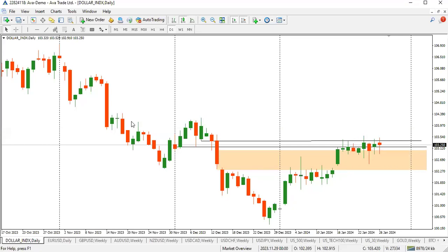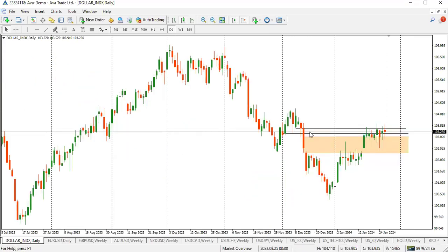Now, we have buy side liquidity resting here. We have sell side liquidity resting here as well. This could be a market maker sell model, second stage redistribution to go lower to sweep these lows. It could also be this little fractal buy model to sweep this liquidity high before it resumes lower. At this point, it's within the range high to low, around 50% or thereabout. That's where it's consolidating, so it could go either way.